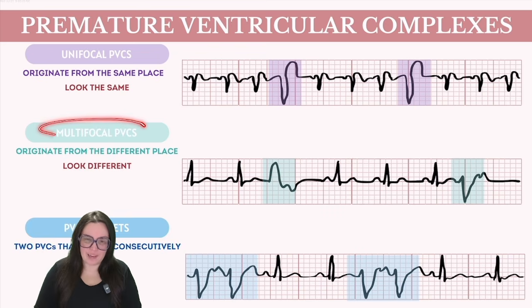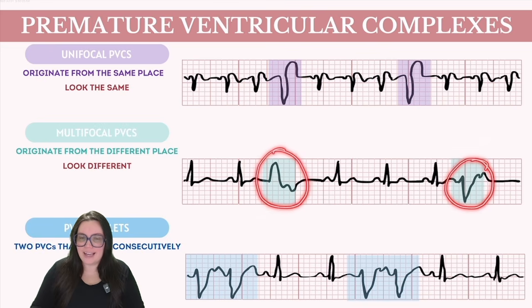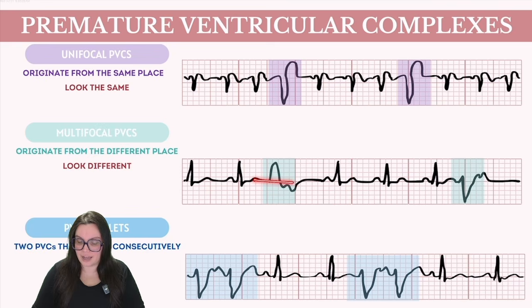And then we have multifocal PVCs, and these are going to originate from multiple ectopic foci found inside of our ventricles, leading to PVCs that are going to look a little bit different. As you can see here, we've got a more positively reflected PVC when it comes to the isoelectric line, and this one's a little bit more negatively deflected from the isoelectric line. Multifocal PVCs are often considered more indicative of there being some kind of underlying cardiac concern. They can be associated with more extensive ventricular irritability and can be seen in disease processes like myocardial infarctions, cardiomyopathy,